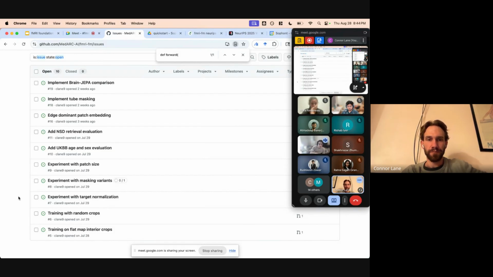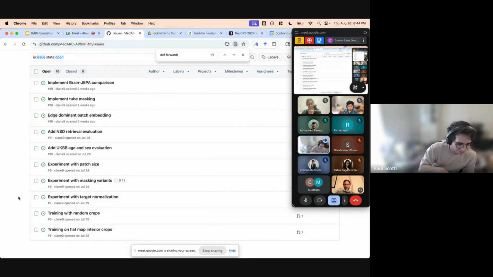So practically speaking, the workflow is: take a look through the code base, run the quick start so you can get a little familiar with it. Look at the open issues that you wrote up here for ideas of directions to go, or just look through the code base yourself and see if you can improve it in some ways. Then just message in the Discord channel about the directions that you're exploring or the problems that you want to work on, and we can figure out the best way to make the collaboration work for that.